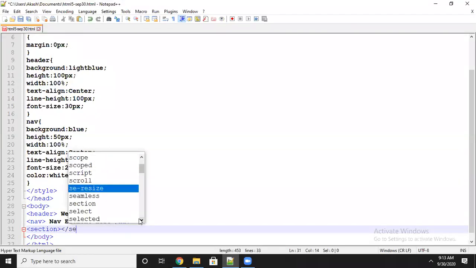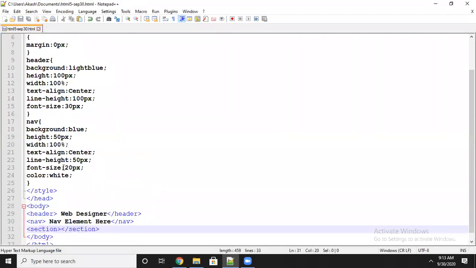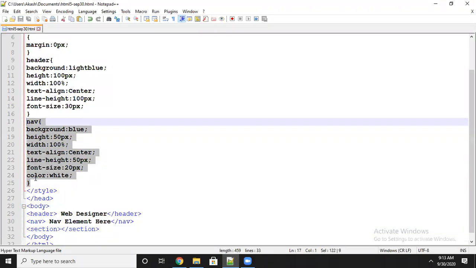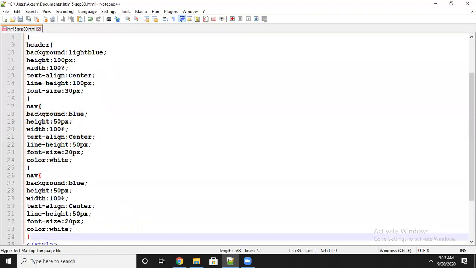And I will close the section tag. For section tag also, now I am writing the CSS. Okay, for the section tag, I will copy from here. How much height do I want?